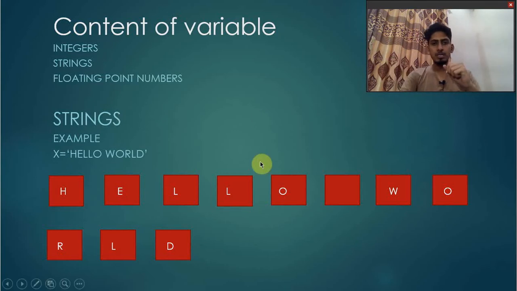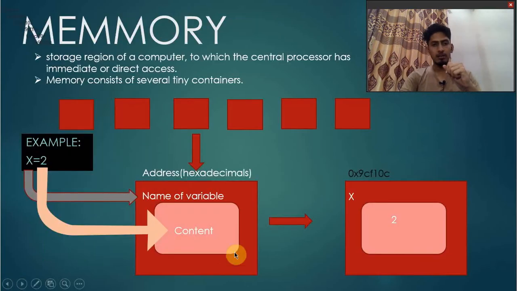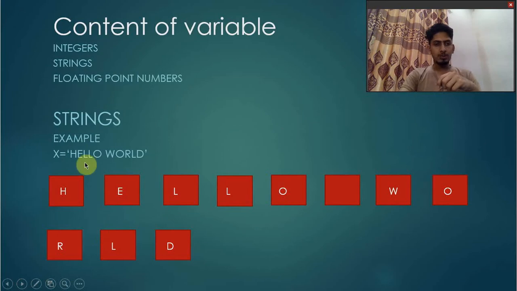First let's talk about integers and floating point numbers. As I explained in this slide, x is equal to 2 is an integer, and this is the process for an integer. If I put 2.0, there will be no difference, because the process for integers and floating point numbers is quite similar. And now we come to the exception.